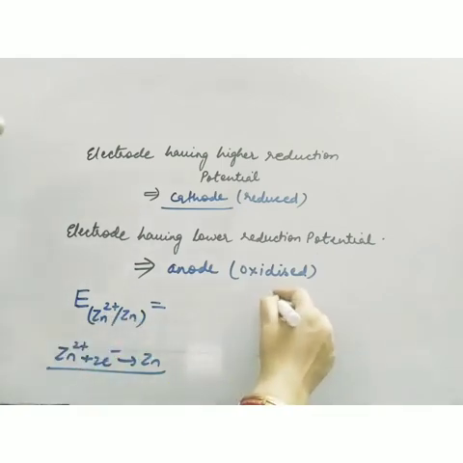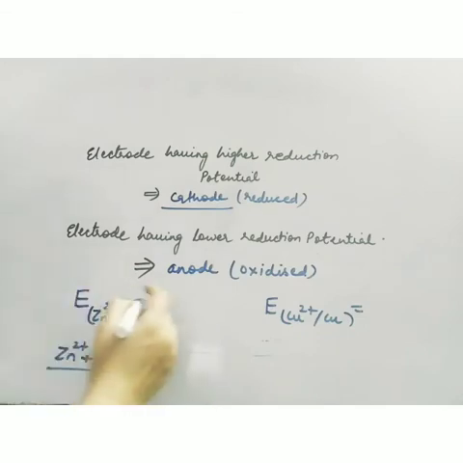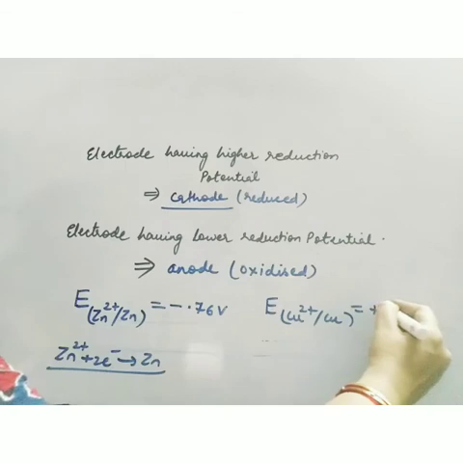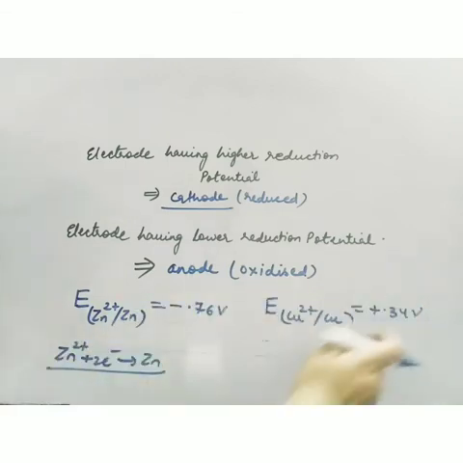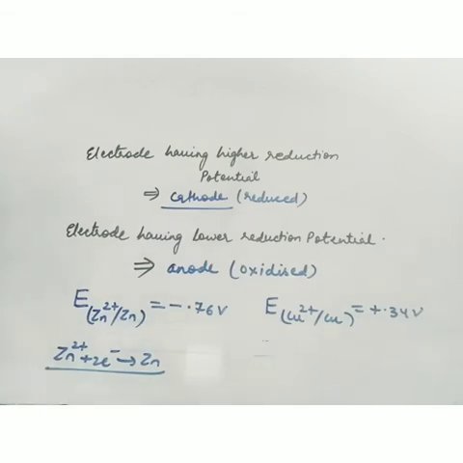Likewise for copper, if I want to write, I will write like this. In the bracket we mention it like this, and this indicates reduction. Suppose the reduction potential for zinc is minus 0.76 volt, and suppose the reduction potential for copper is this. These are the exact values. Now which has the higher value? Definitely copper. So copper was our cathode. Remember that zinc copper cell, and zinc was our anode. So if two reduction potentials are given to us, we can make our own electrochemical cell.